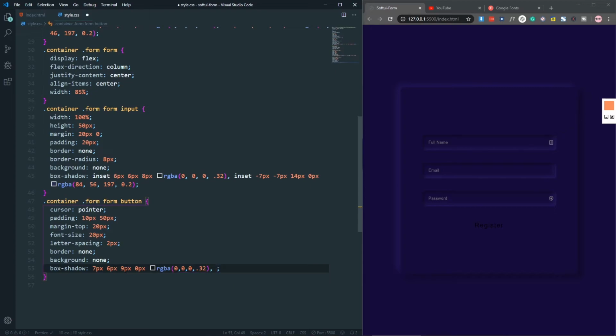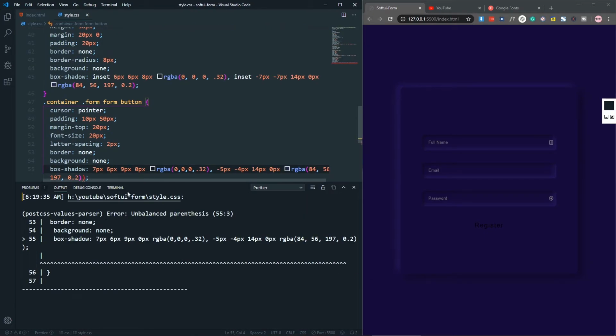The second one will be about -5 pixel and -4 pixel and 14 pixel and 0 pixel, and for the color it will be RGB color. It will be the same color for this one, so we can copy the value. If I paste it here and save,